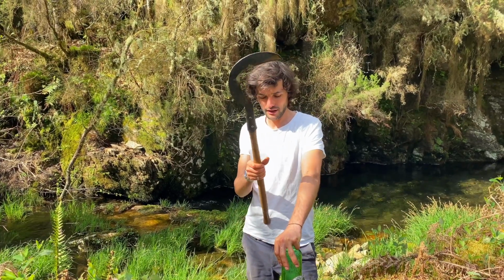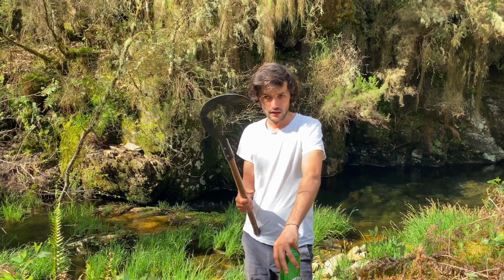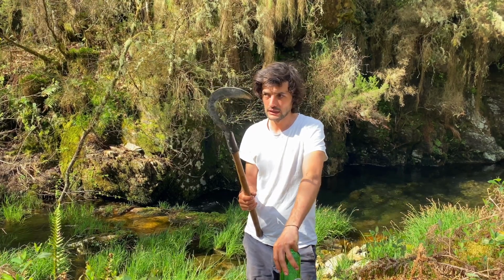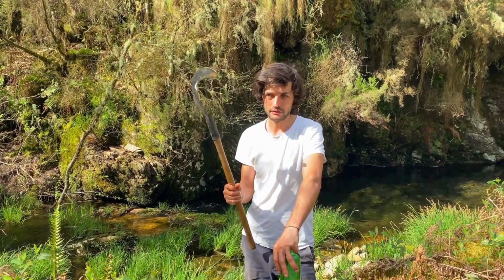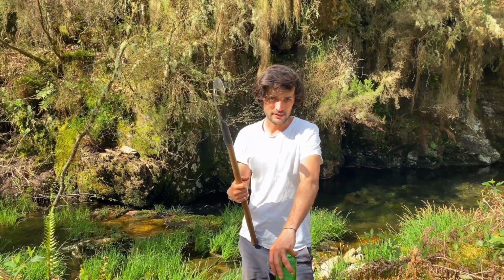This is my favorite tool for going out into the wilderness. We are going for a walk around the area, around the mountain and the rivers. And I use it to make paths. I've tried